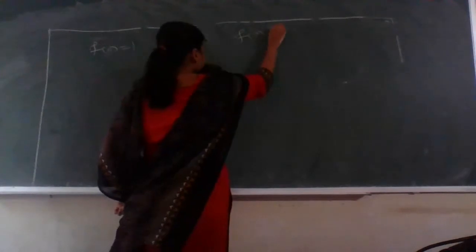Find the unique polynomial of a degree 2 such that f of 0 is equal to 1. What we have to find out? A polynomial which satisfy the condition f of 0 equal to 1, f of 1 is equal to 3. Next is f of 3 is equal to 35. Okay. So using Lagrange's interpolation, we have to find out it.